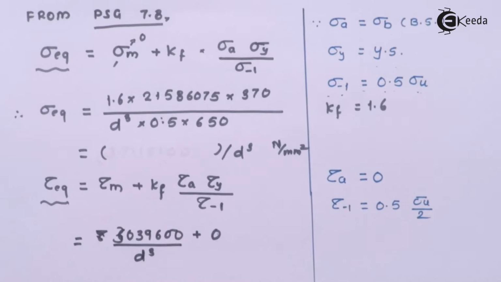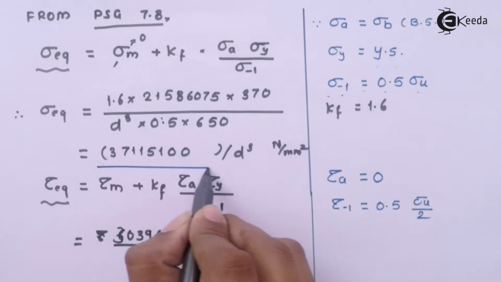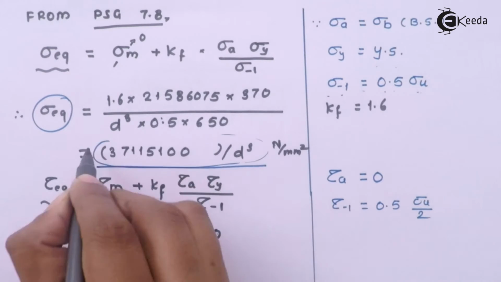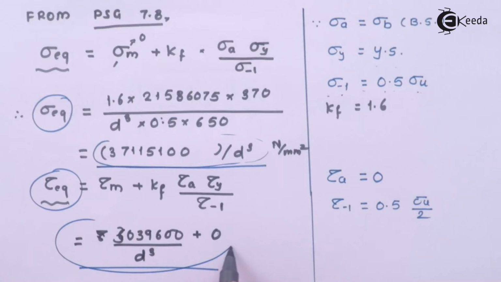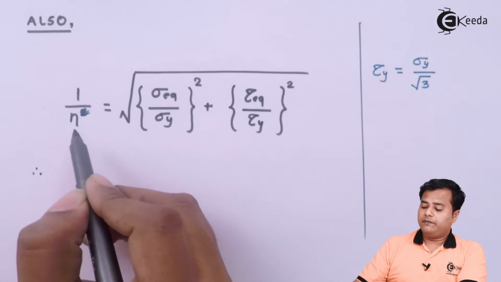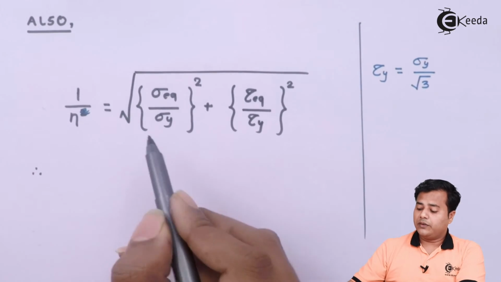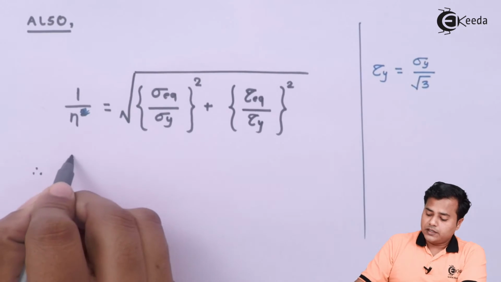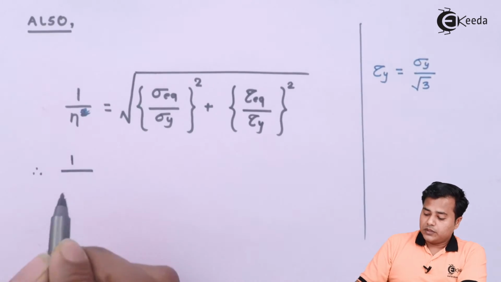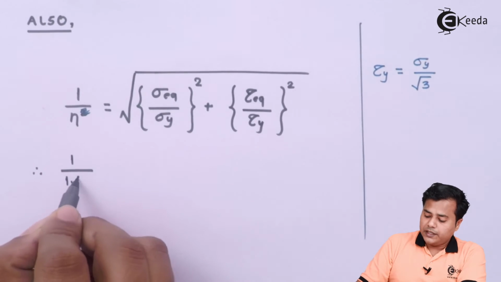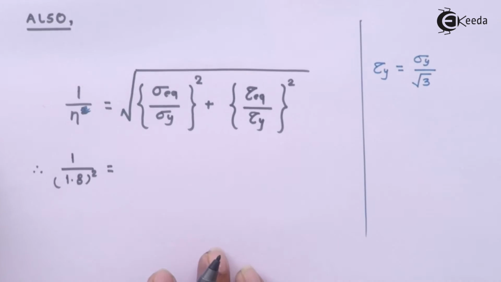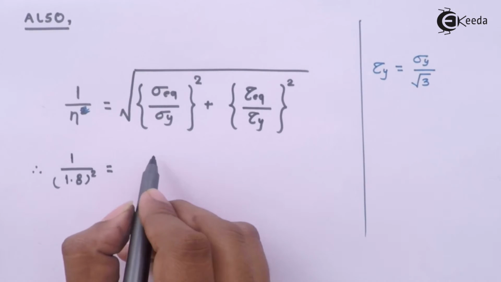Let's write down the calculated part. So these are the main takeaway from this, where sigma equivalent value is given by this particular expression and tau equivalent is given by this particular expression. We know this is the final equation. The ratio between the n factor and all these are given. We already have these values. So after substituting, let us square on both sides so that the square root option goes off. So the value of n we have been given is 1.8. Let's make it square, is equal to sigma equivalent value we have already written down, and it is